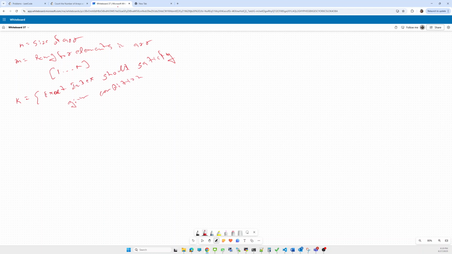What will be the condition? The array at i minus 1 is equal to the array at i. Now just think: this is an array of size n.